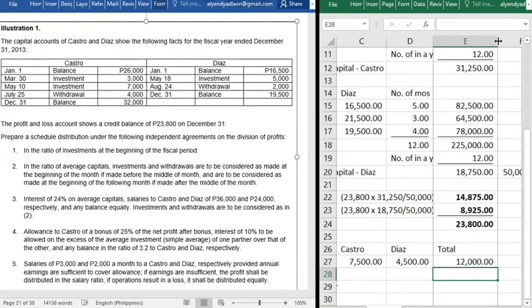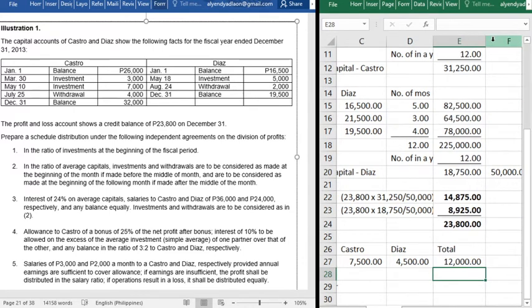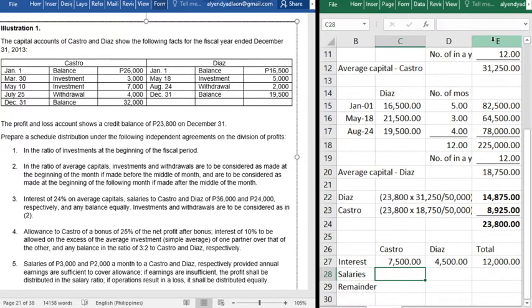Okay, now next, for the salaries, that is 36,000 for Castro and 24,000 for Diaz respectively. So remember, class, that